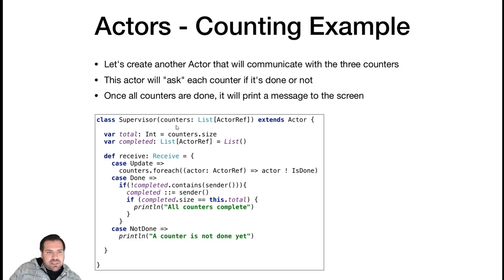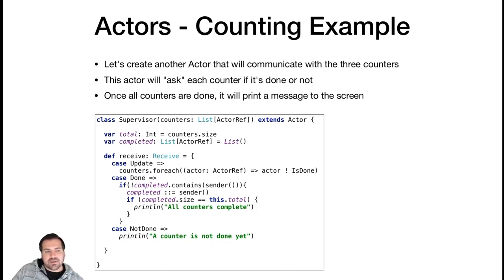But we built this supervisor class, which is going to take in its constructor a list of actor references. So these references that we get for these actors, we can move these around our program just like any other object. This is an object reference that refers to a value on the heap, which is a reference to an actor, which can be used to send that actor messages. It's a mouthful, ain't it? But we have a reference to an actor, a reference to an actor reference, I guess, and a list of those. So in its constructor, we're given a list of actor references,